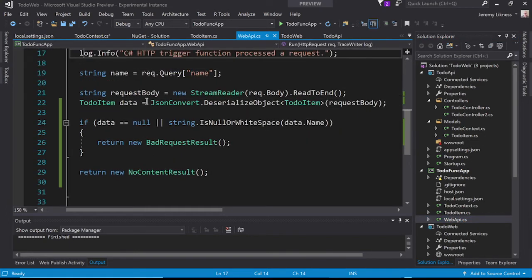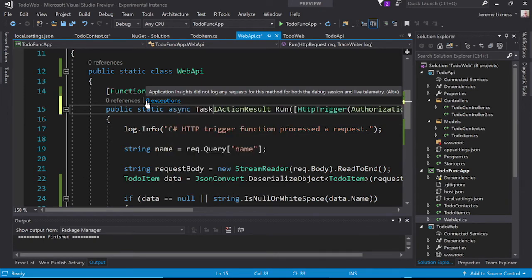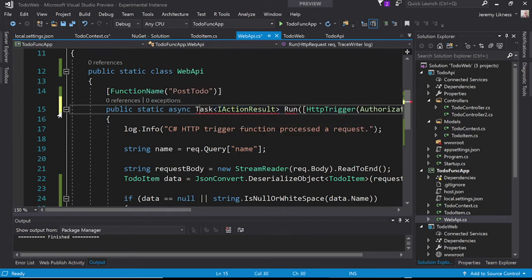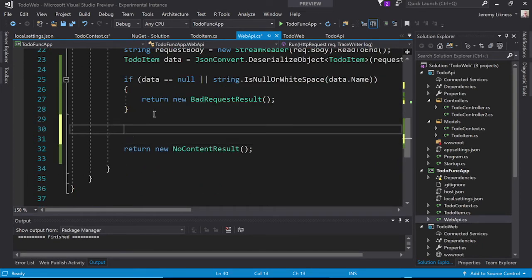And we're going to change this a little bit. I'm going to make this an asynchronous method, so we'll add async. And of course, async returns tasks. We'll go ahead and pull that using statement in. And then if we have good data, which would be right here, I'm going to do a using